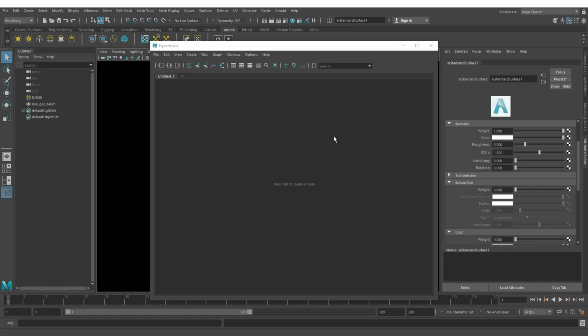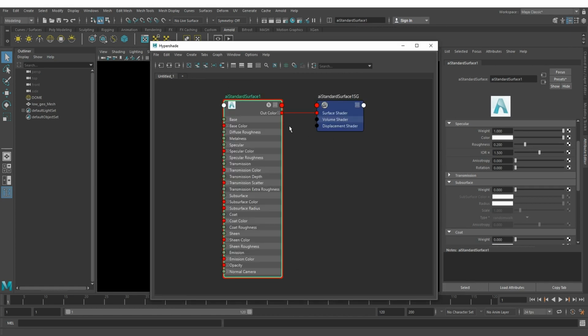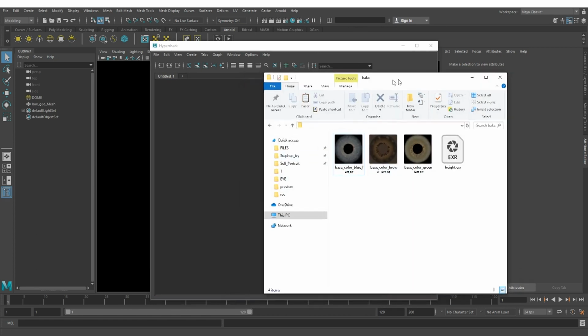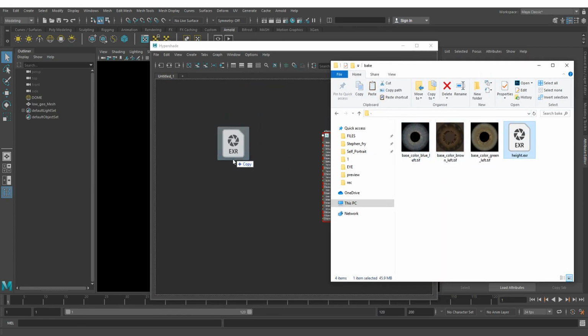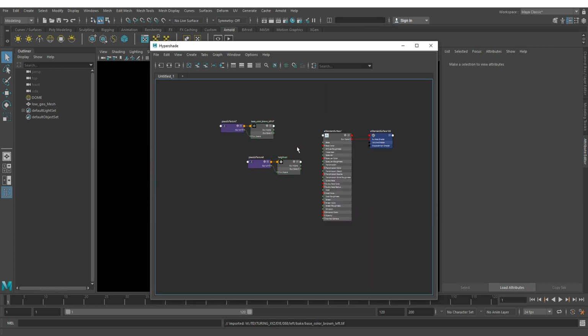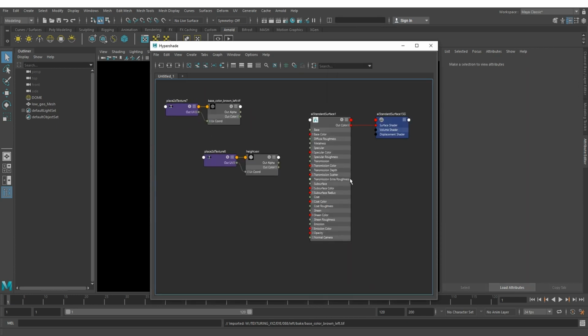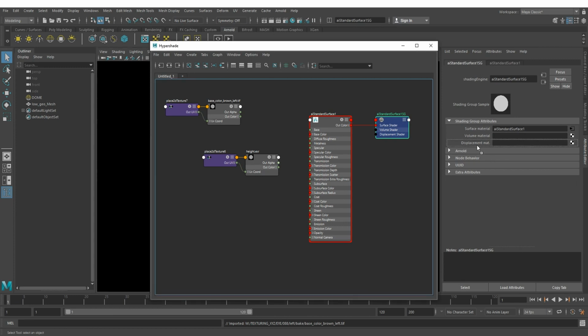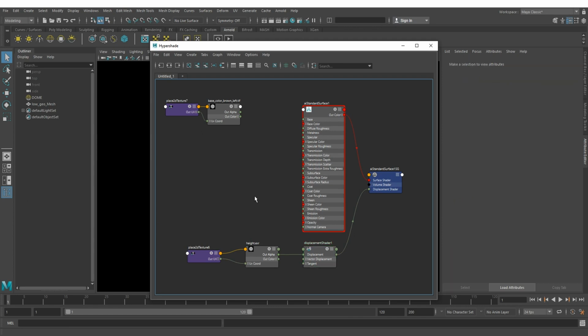If I open my hypershade, I'm going to select my AI standard surface and display it in my hypershade. From here I'm going to drop in my height.exr and drop in the colour I want. Bearing in mind the colour needs to be in sRGB and the height in raw format. All I have to do now is go into my AI standard surface, go into the shader group and drop the displacement into the displacement material slot. Once I've done this,